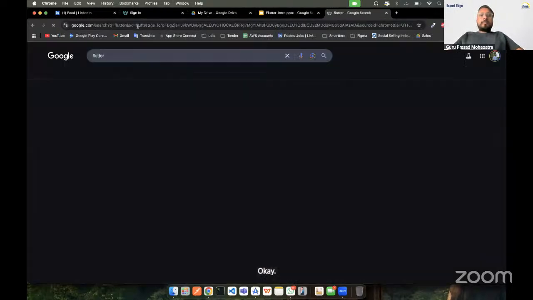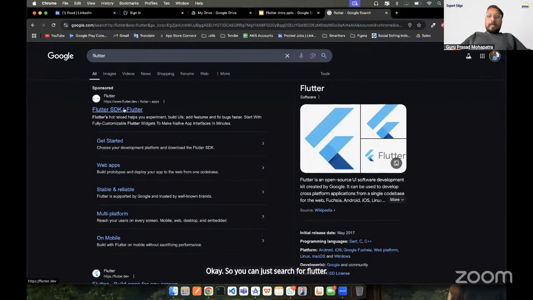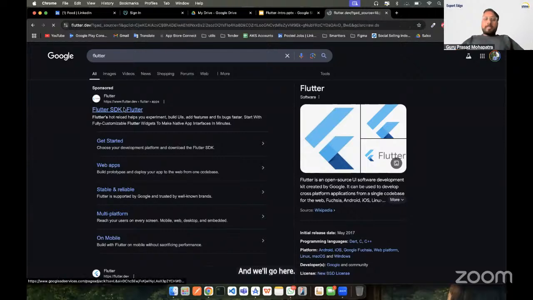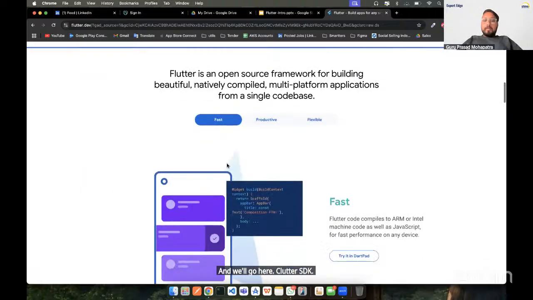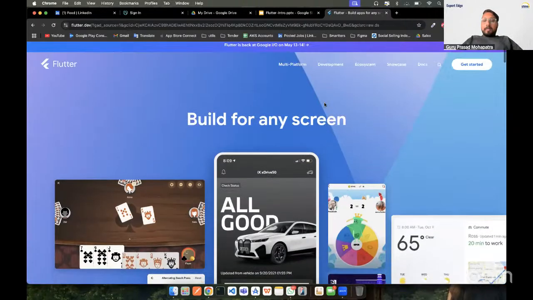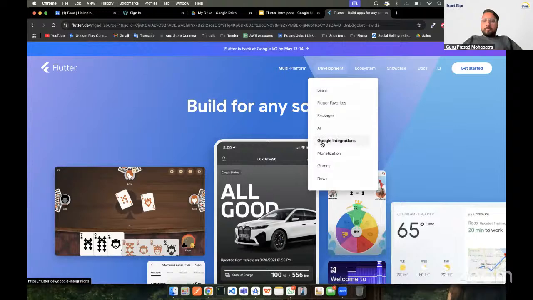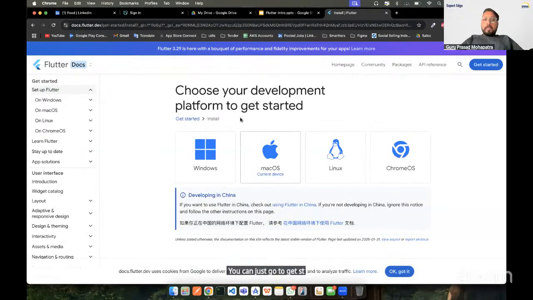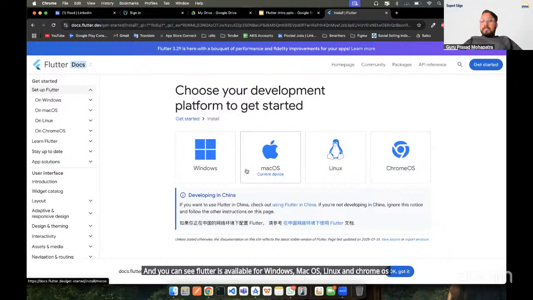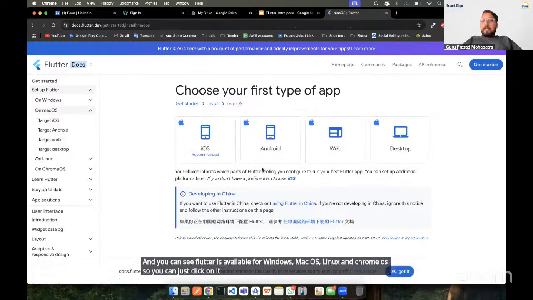So you can just search for Flutter and you'll go here, Flutter SDK. You can go to Get Started and you can see Flutter is available for Windows, macOS, Linux, and Chrome OS. You can just click on it and it will start downloading.